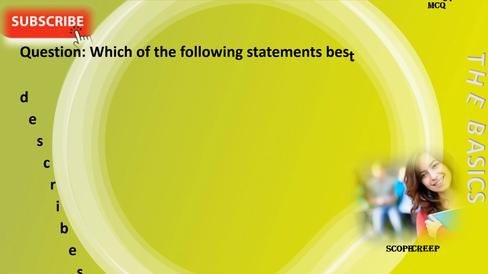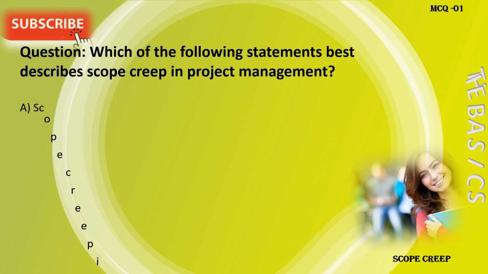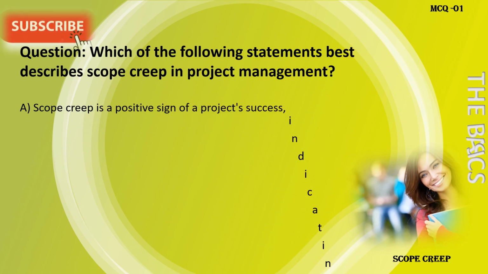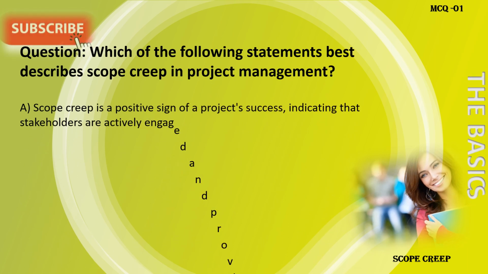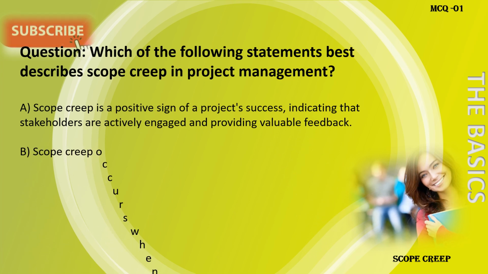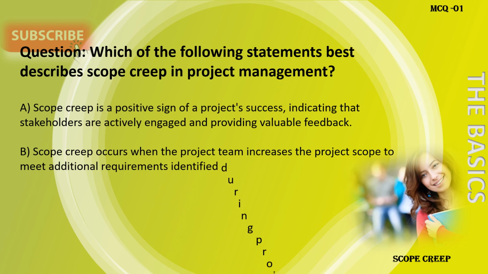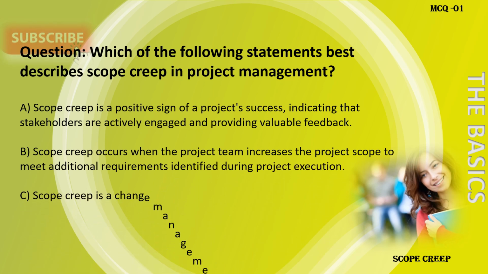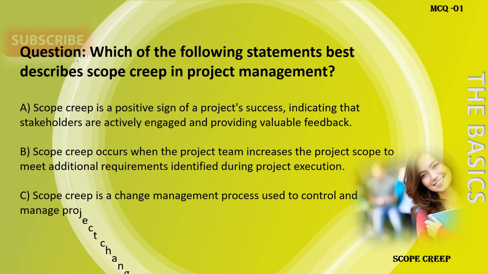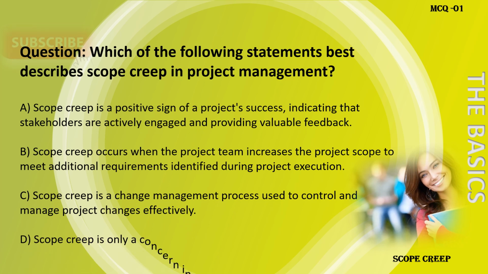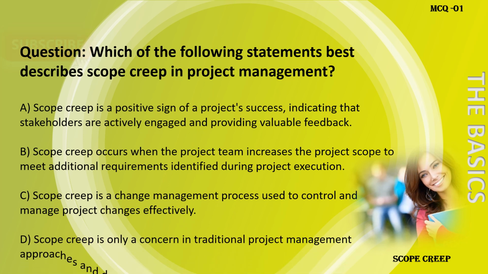Question number 1. Which of the following statements best describes scope creep in project management? A. Scope creep is a positive sign of project success, indicating that stakeholders are actively engaged and providing valuable feedback. B. Scope creep occurs when the project team increases the project scope to meet additional requirements identified during the project